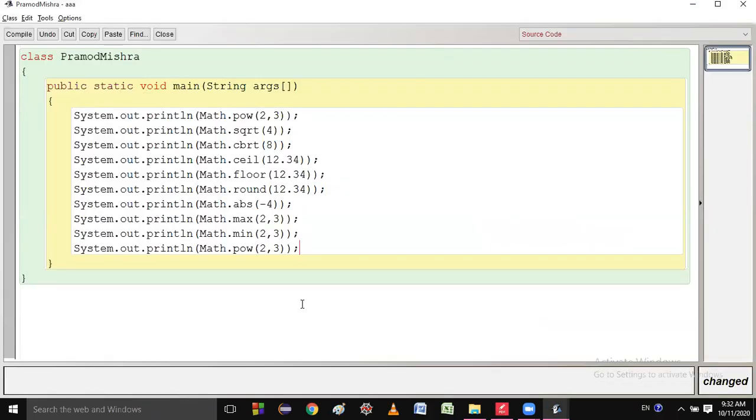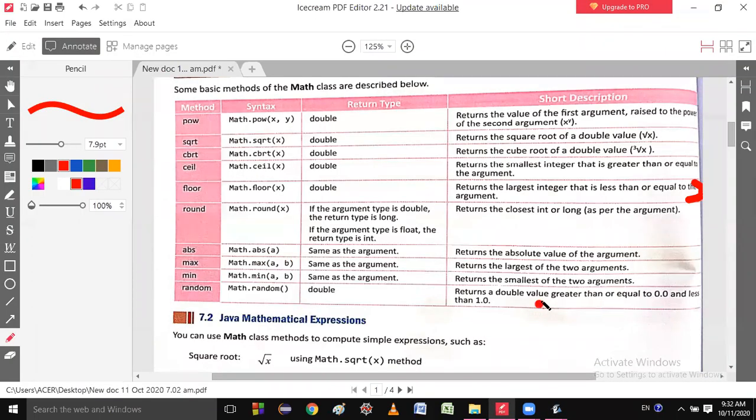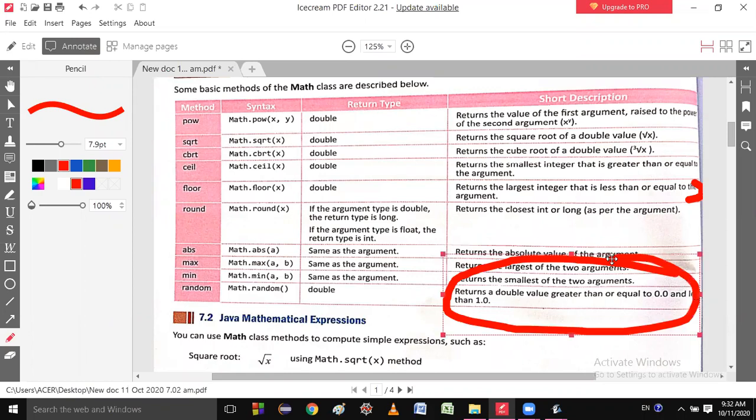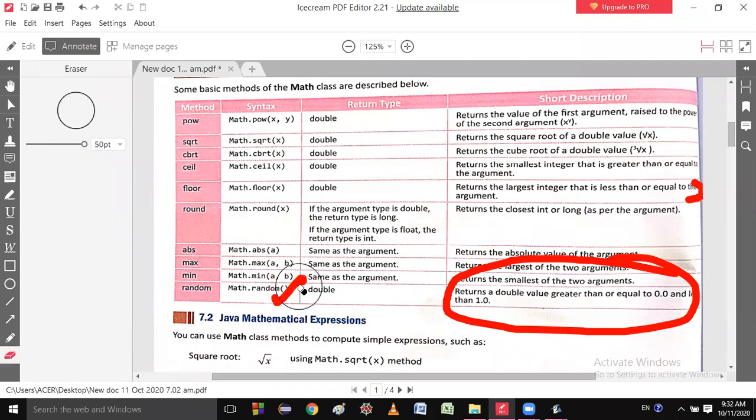random. So you know random. What about random? It returns a double value greater than or equal to 0.0 and less than 1.0. This is very important. And one more thing, this random function does not take any argument, so you will not write anything inside. Am I right?